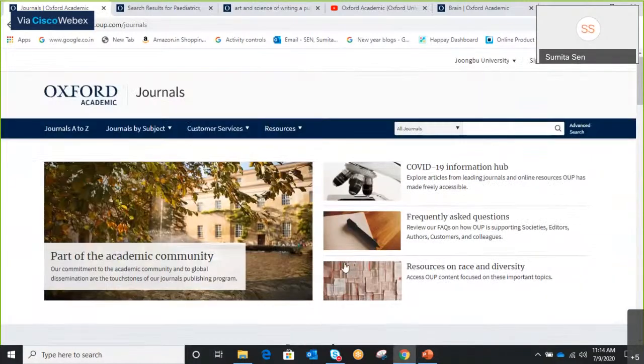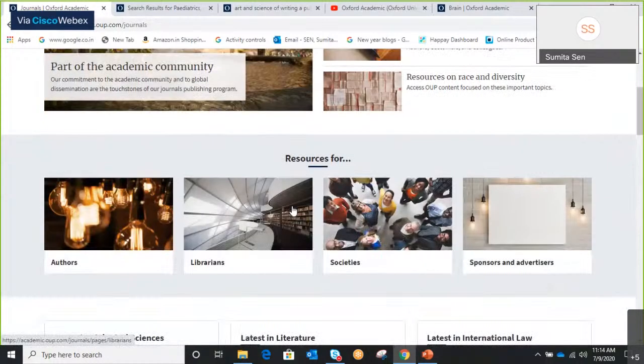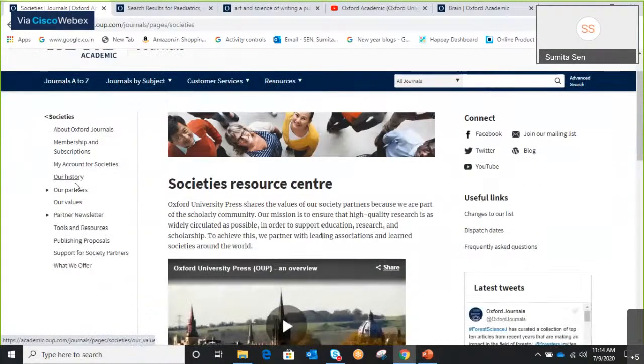Now, out of the 357 journals that we have on this platform, 1/3 belong to OUP. The rest are published in conjunction with other learned partner societies. You remember I was talking about research societies. So let's take a look at the research societies that we partner with.